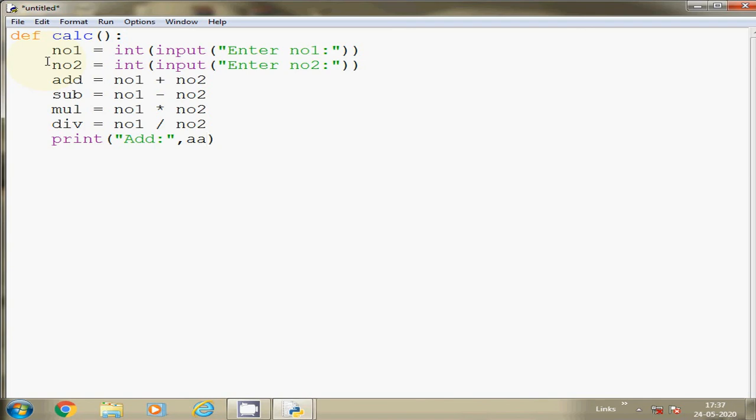Then second, just use copy paste. Sub, subtraction, multiplication, division.